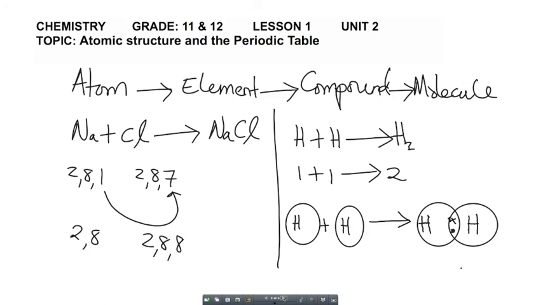And then this was followed by considering sodium and chlorine as an example to demonstrate what happens for one to form a compound. So I gave an example of sodium and chlorine where we spoke about the transfer of an electron. There's a topic on covalent and ionic bond. However, for now we are just looking at the mere example on how atoms are combining to generate a compound or a molecule. So we also looked at hydrogen, where we covered the concept of having 2 atoms of hydrogen combining to give us H2,